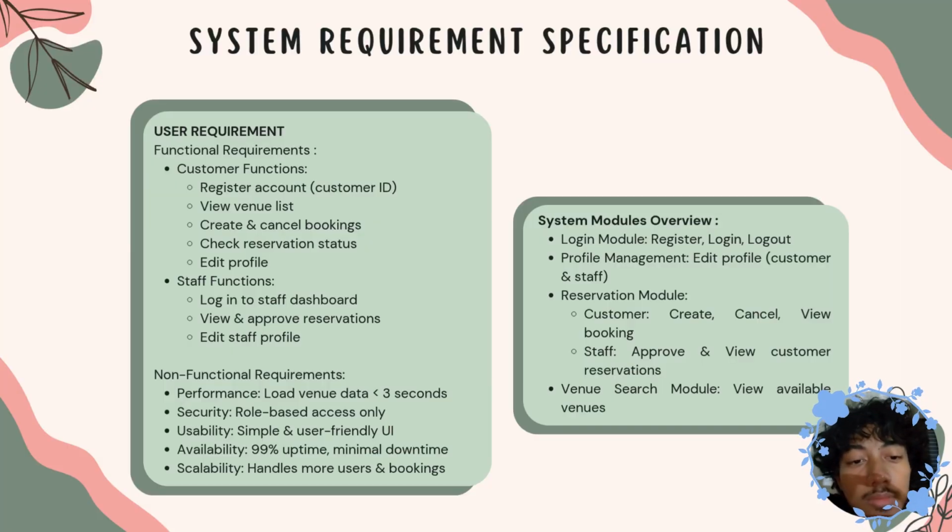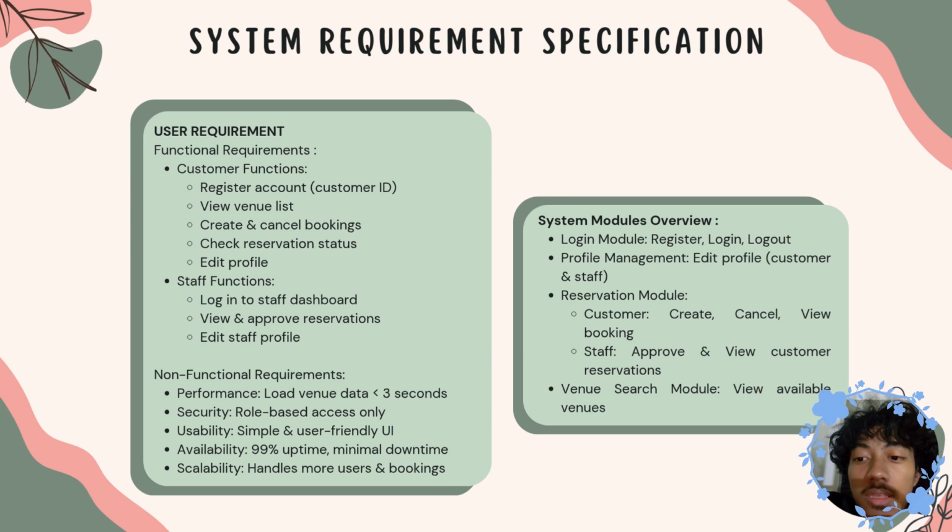Next, the system requirement specification. For the functional requirements, the customer functions are: register an account, view the venue list, create and cancel a booking, check reservation status and edit profile. For the staff functions: log in to the staff dashboard, view and approve the reservation, and edit staff profile. For the non-functional requirements, performance: load venue data in less than 3 seconds; security: have role-based access only;